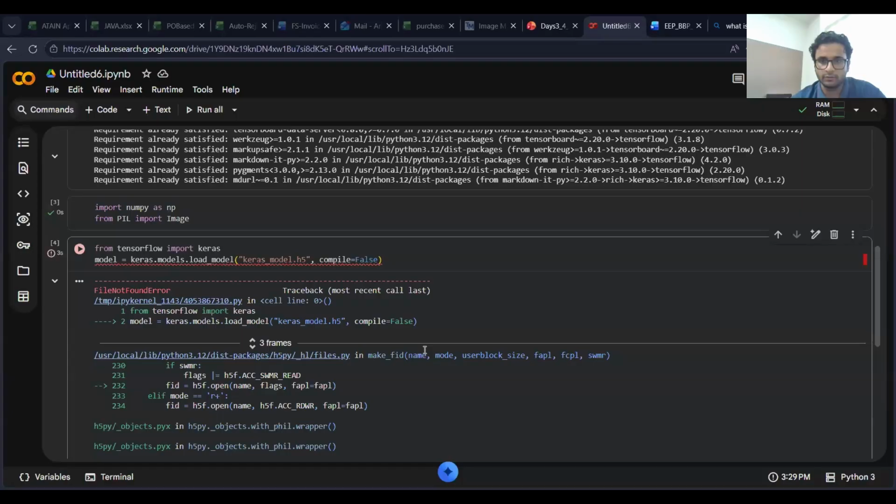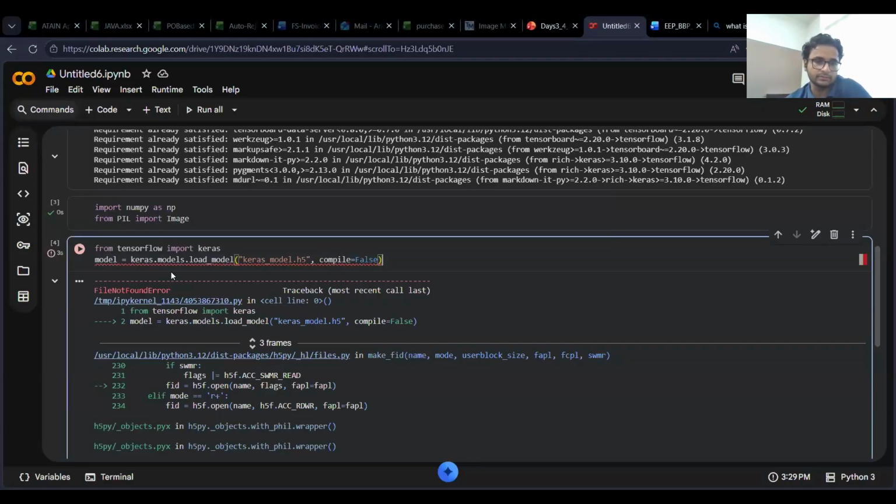Someone asked me what we are writing here. The code is very simple. We are just giving the model variable a particular model, which is a pre-trained TensorFlow model available in Keras, where I can import my model and use it for my testing and training purposes.